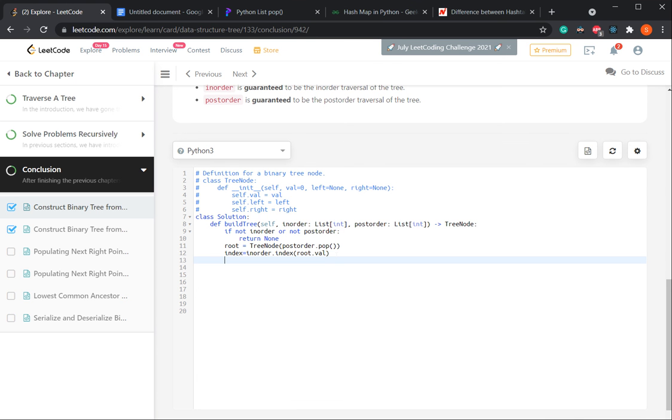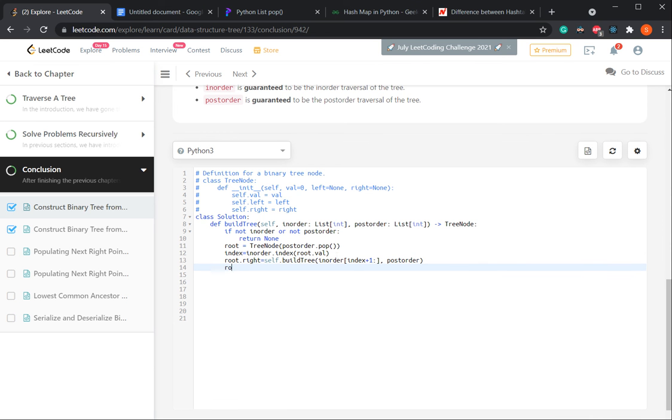So now we know that the left part of the array will be in the left subtree of the tree, and the right part of the array will be in the right subtree of the tree. So we will write root.right equals self.buildTree, and we will pass two arguments: the inorder array from the right, that is the elements right of the index, and postorder.